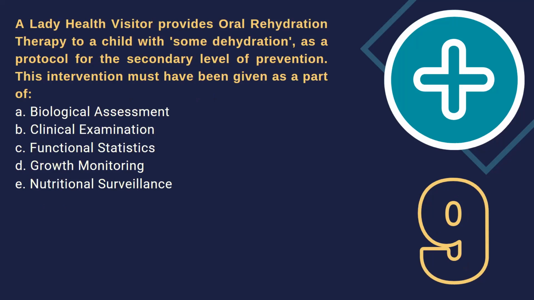The lady health visitor provides oral rehydration therapy to a child with some dehydration as a protocol for the secondary level of prevention. This intervention must have been given as a part of: A, biological assessment; B, clinical examination; C, functional statistics; D, growth monitoring; and E, nutritional surveillance. The answer is D, growth monitoring, because oral rehydration therapy is given to a single child by a lady health